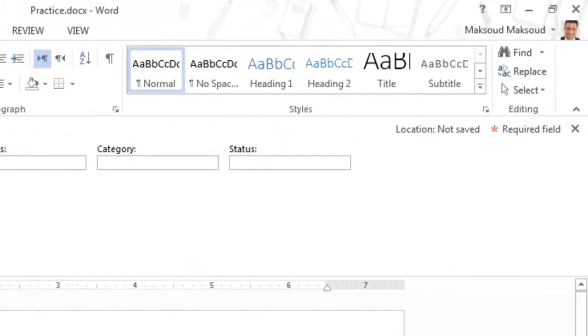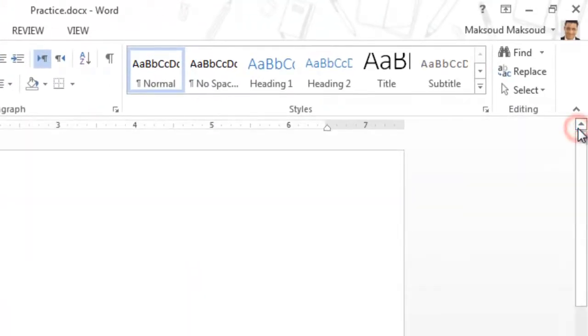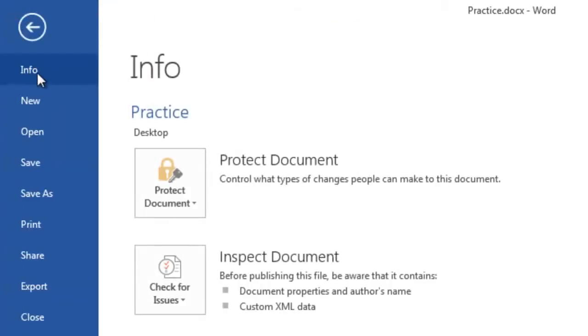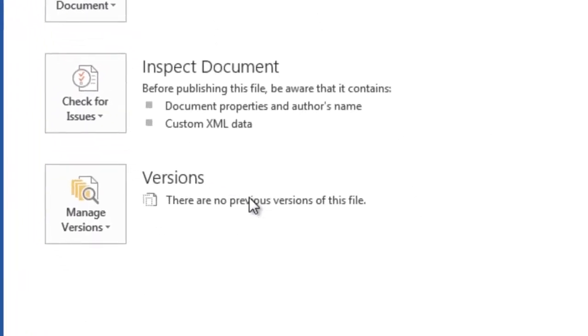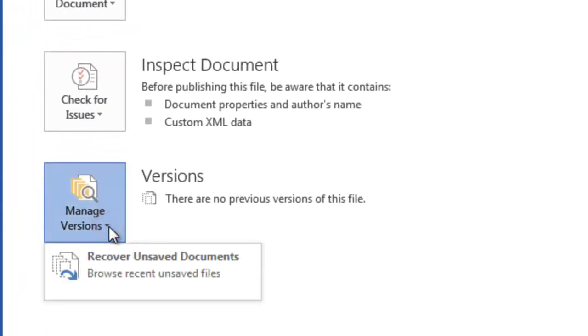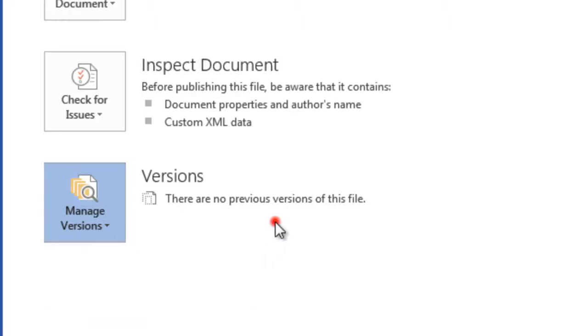And once you are done, you just close this property panel. Going back to the backstage view, if I click on File and then click on Info, I have here Manage Versions. This is if you are creating different versions for the application, or if you'd like to recover unsaved documents. All right, so this will open different versions of the current document, and it will enable you to recover this